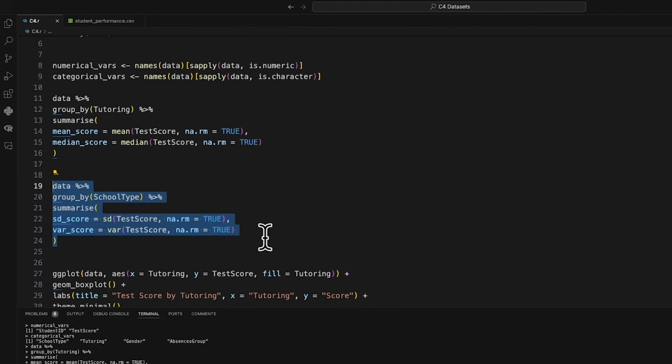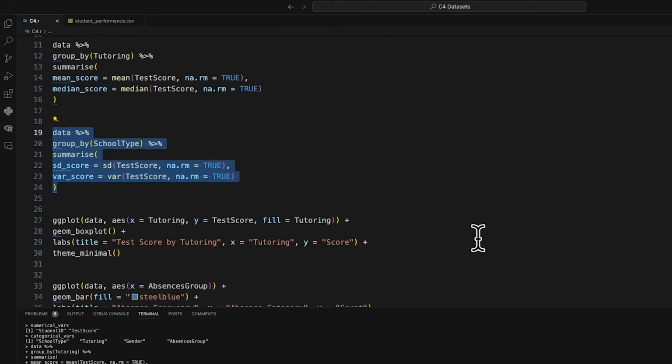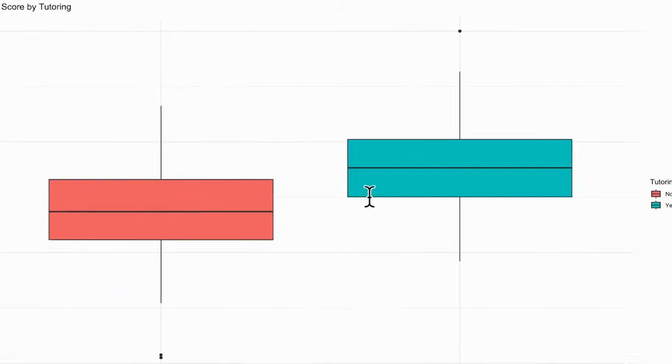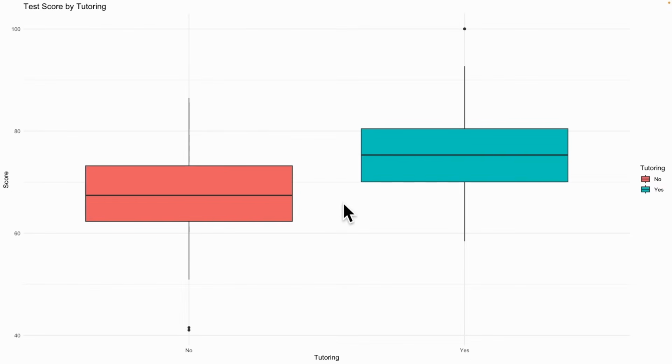Now we've calculated a lot of these metrics, but let's go ahead and visualize them. We'll do a simple ggplot where we combine a box plot where we'll plot the tutoring group versus the test scores and color them based on tutoring. We'll also add some titles such as test score by tutoring, as well as the X and Y axis labels. Let's run this and see how it looks. All right, beautiful. We have our box plot with our scores